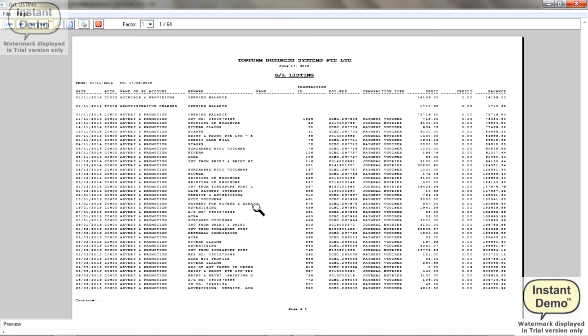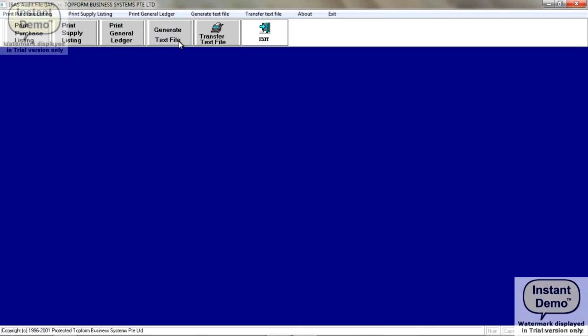So, can you imagine how laborious, time-consuming, and costly this will be, to put together this set of listings for IRAS and then transfer it as a text file to IRAS. This system can do it for you with just the click of a mouse. Everything goes to the IRAS audit file in the text format prescribed by IRAS, and you can simply transfer the text